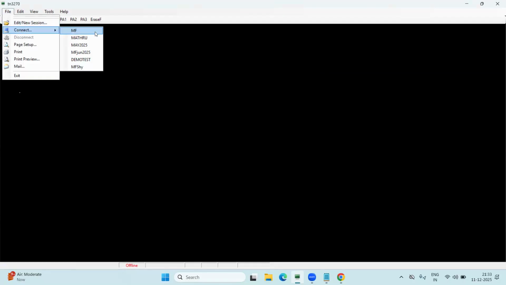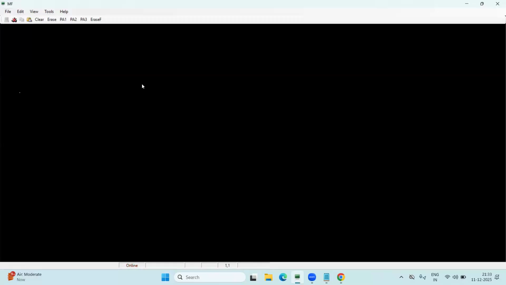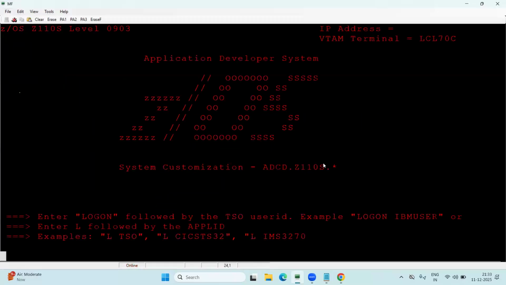If you see connect, I have multiple server details here, like MF, demo, test. Every entry has a different server IP address. I'm using MF, and you are also going to use MF. By default, you no need to do it because in your system,